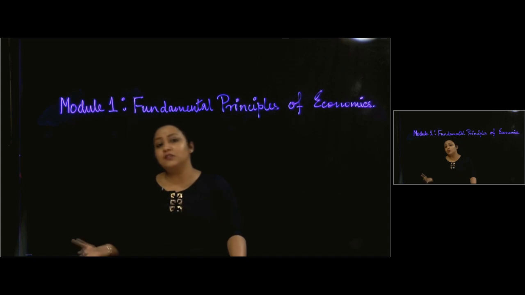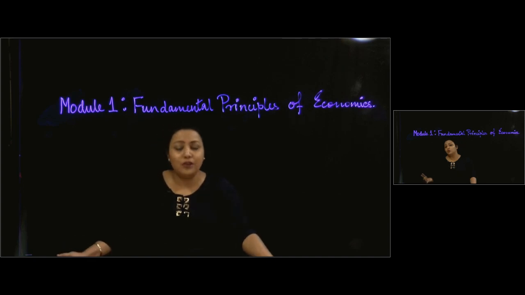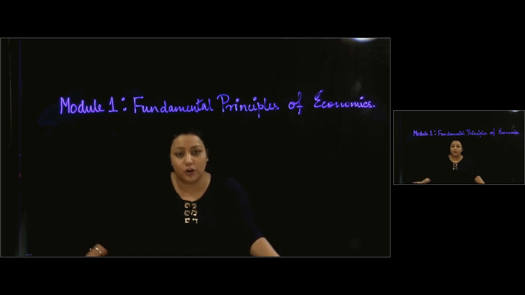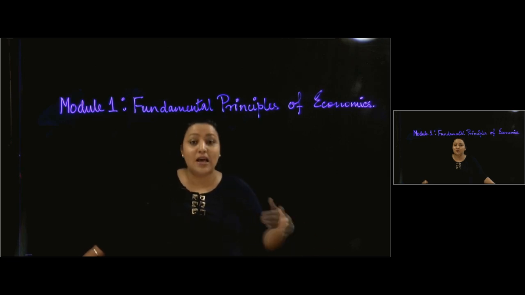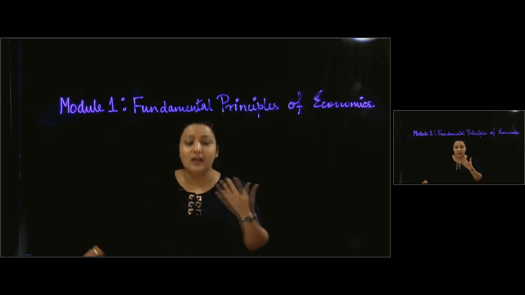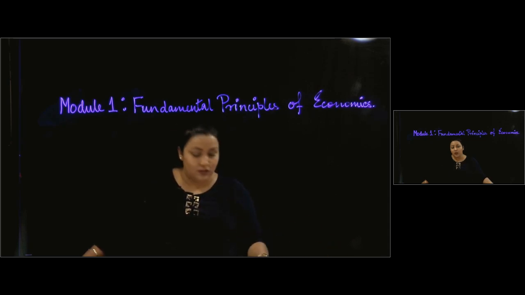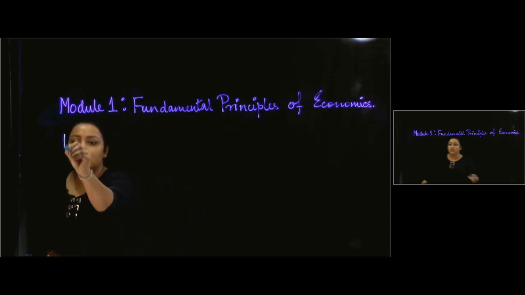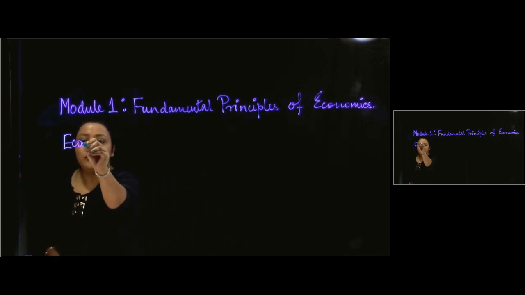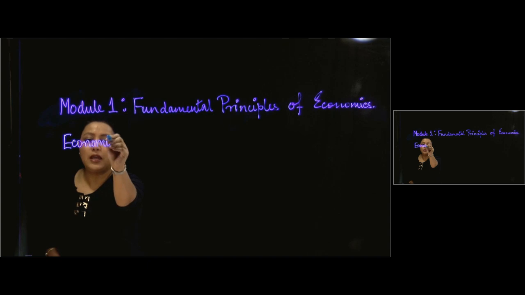Now in a social science like economics, we really do not have a laboratory. Our laboratory is the society itself and the people living in the society are the reagents. And we give a special name to these reagents, as in the people like you and me living in the society, we call them the economic agents. So in economics, we are talking about economic agents